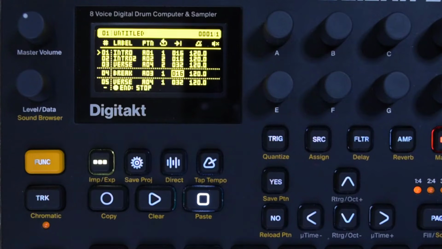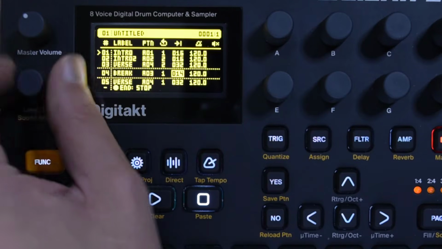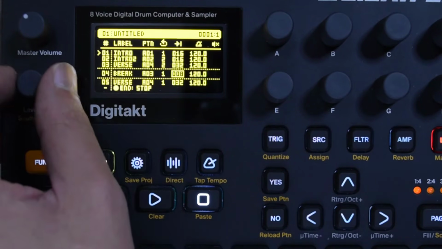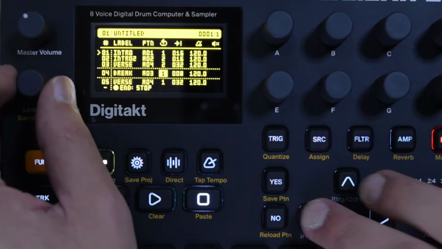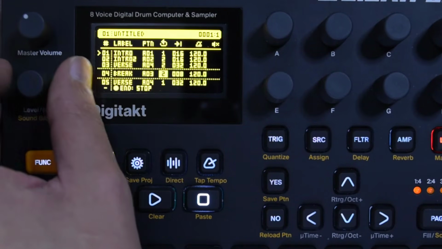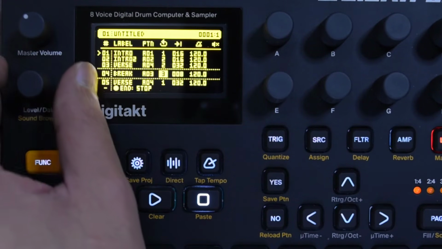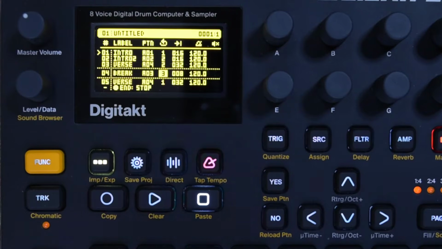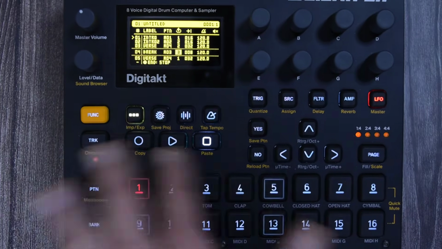Now, this row, what you can do with this, you just can offset the amount of steps. You can offset the length. So by default, the break, it's going to be 16, but maybe I can change this and I can make it, I don't know, so I'm going to make it 8 steps. And now this is the second break. And what I'm going to be doing, I'm going to be playing it 3 times. Because again, it's going to be an offset. It's a break. We are trying to add variation. This is like the main